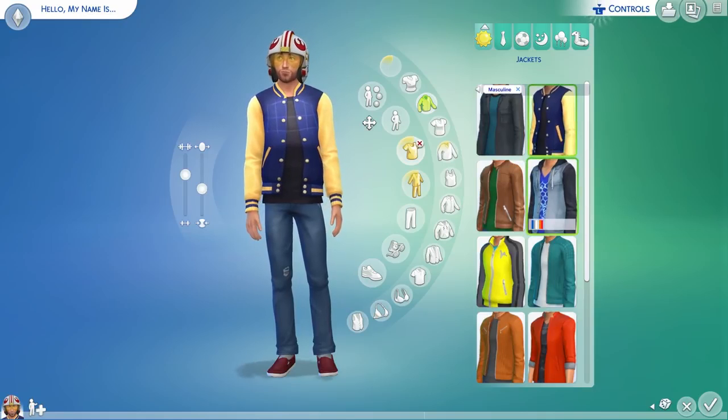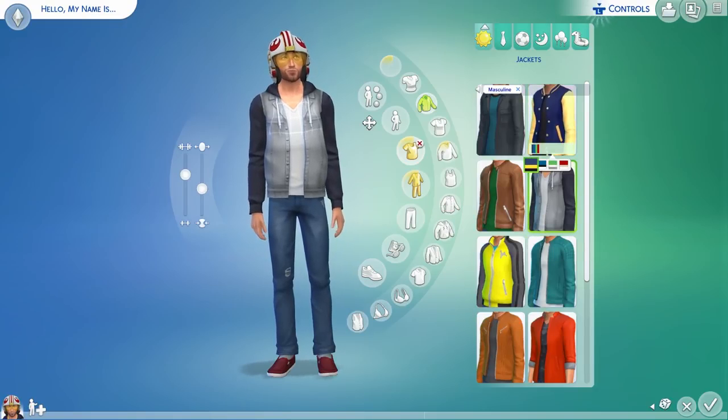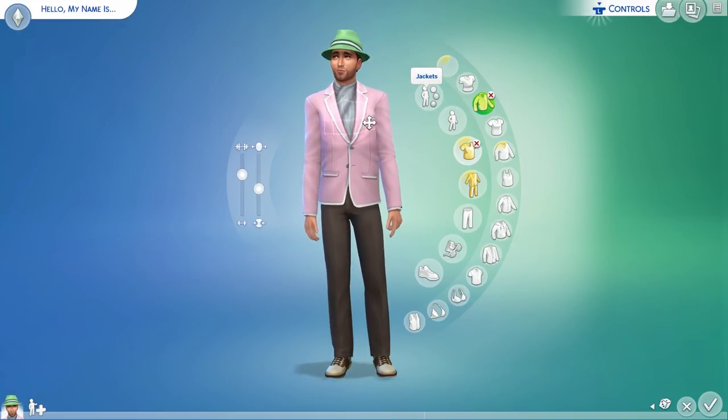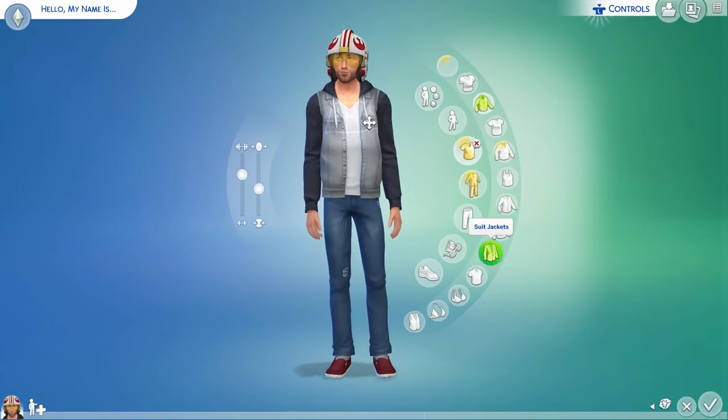Gonna pick a jacket for you now, buddy. That's alright. Wait, I think I like this one. That's cool. There we go. And, yeah, plenty of stuff in here to look over. Not a fan of that formal wear that he's got on there. I need to find a way to fix that up, but first I think we...